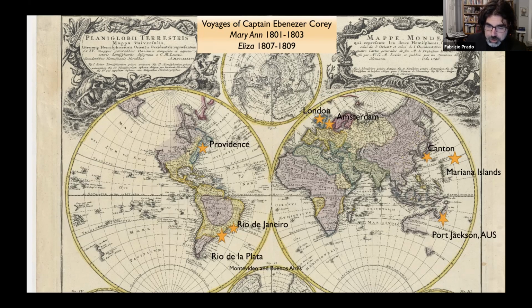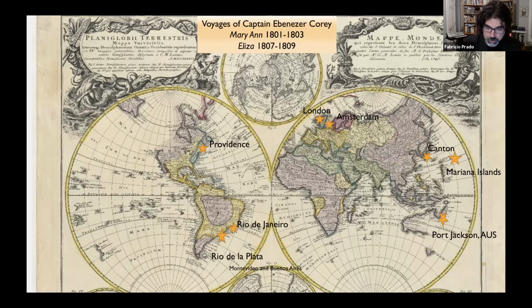In Corey's story, as well as for many United States merchants, South American ports played a decisive role in shaping global trade circuits. United States trade in South America included voyages to sell manufactured goods in markets in Rio de la Plata, Brazil, Chile, to acquire Atlantic commodities to sell in Europe, in the US, or even Cuba. And it was a very important source of silver and gold for ships going to Canton and India, for paying off debts in Europe, and for the capitalization of the nascent American banking system.